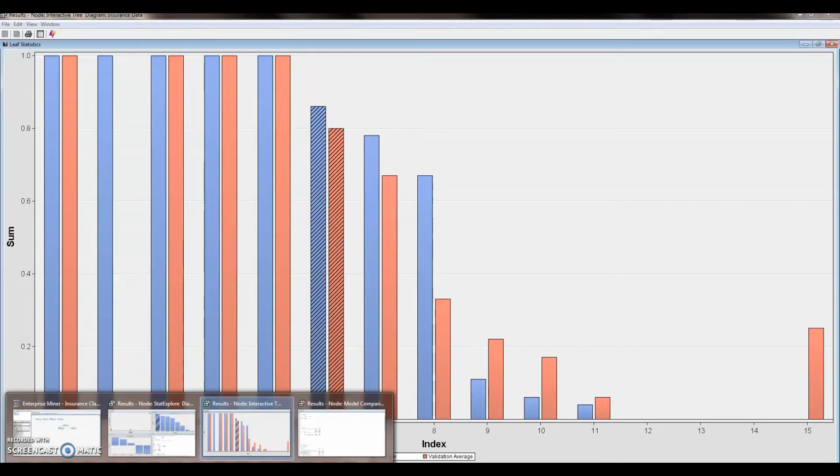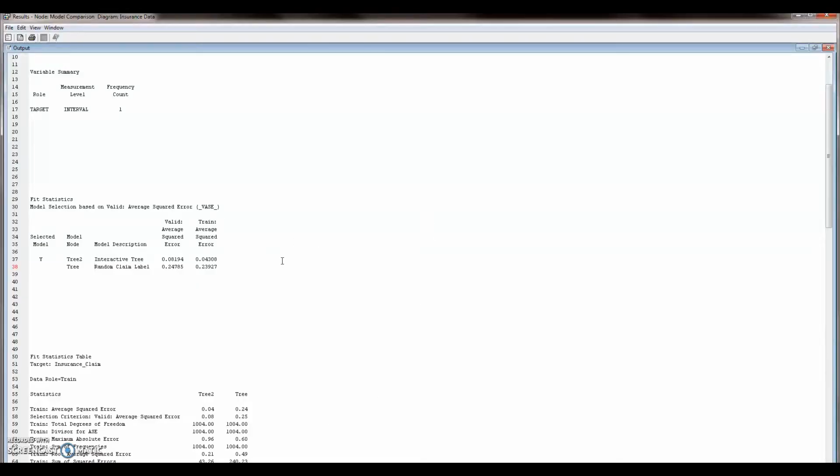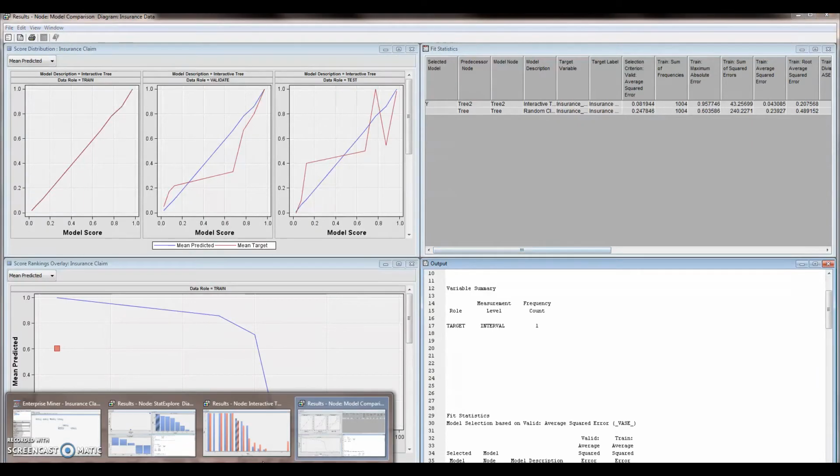And I can validate this a little further by looking at a few statistics for my interactive tree that I created in both the validation and training data sets. Their average square errors were significantly smaller than if I were to just randomly label each customer with an insurance claim. So as I mentioned before,